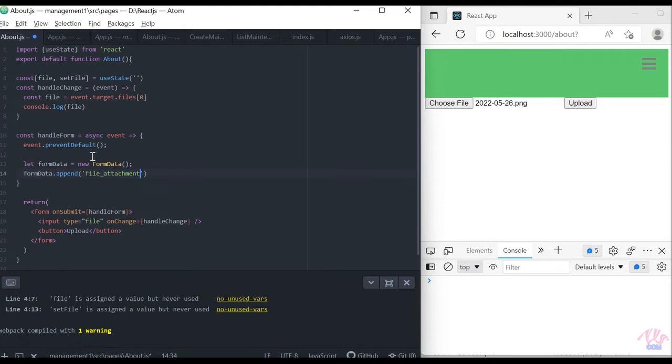Inside variable file attachment, we will save the file information. We can also pass a dummy file name or other information along with this data.